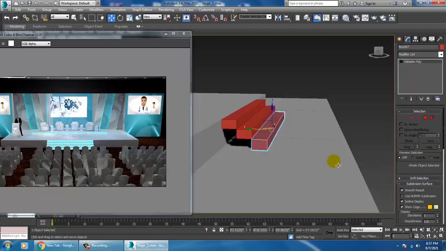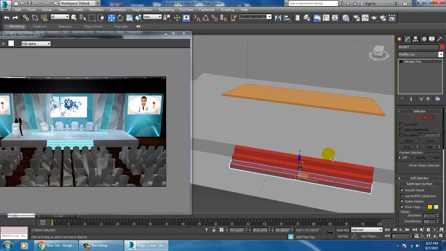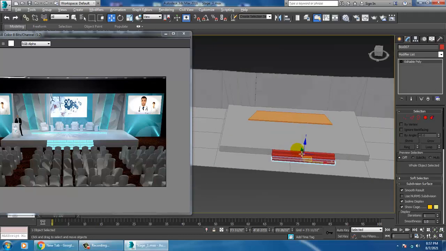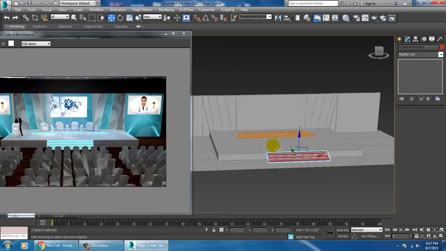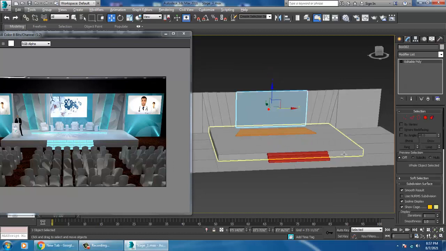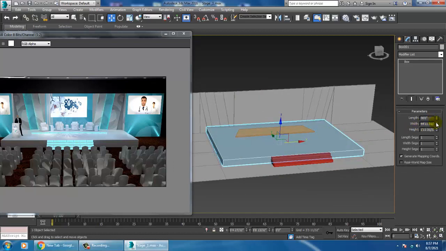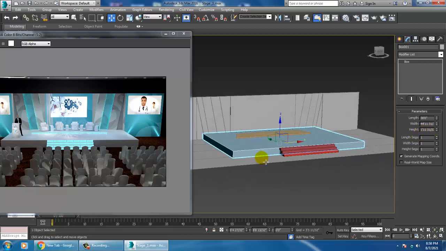Three stairs, that's sufficient over here. Slightly push it in this way. You can see that we have kept 45 feet as the width. The height we have set around 2 feet. So you can set that. Okay, perfect.